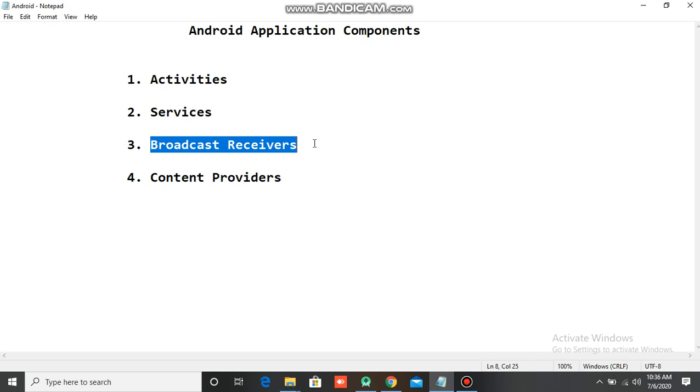Then if you are downloading something, some video or some files from the internet, when it is downloaded, you also get a pop-up that the download is complete. So these are all broadcast receivers. In Android we can create a class for broadcast receivers and perform any actions in its overridden methods. So this is simply broadcast receivers.